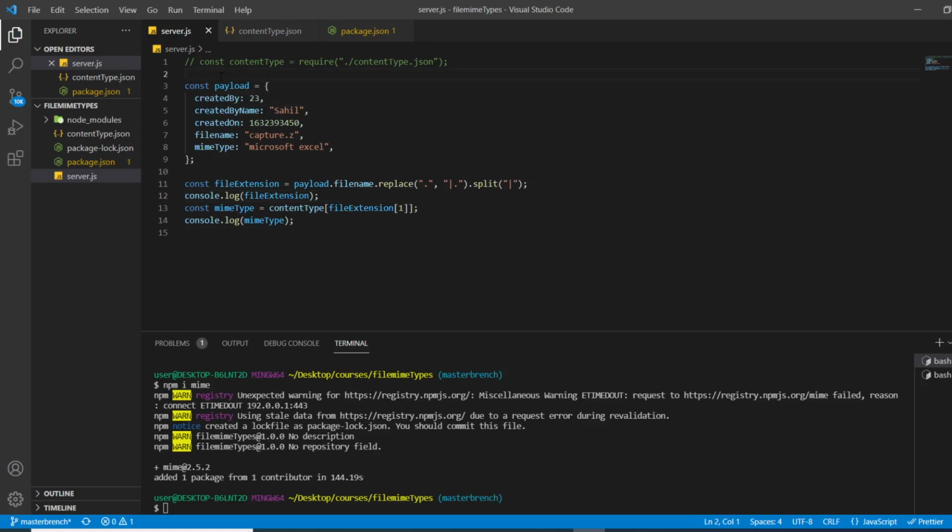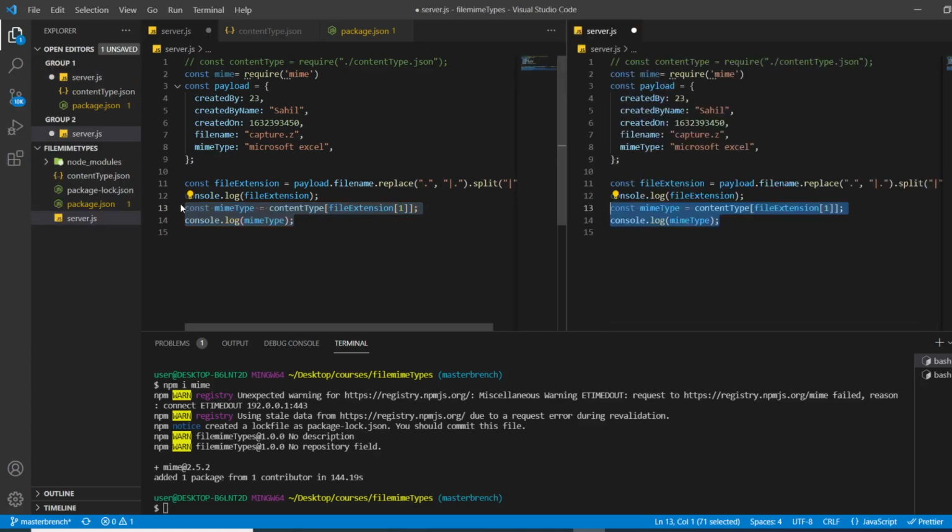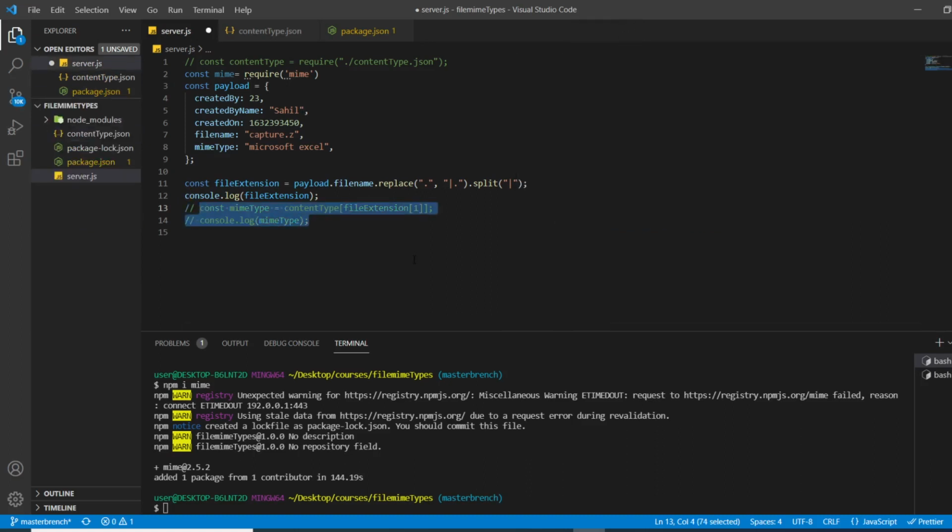So simply we'll come here and type const, and we'll type mime. Yes, we did not use mime as a variable name till now. So what we can do is require and then the dependency name, right? We don't want to use this right now because we are not using any JSON file or object.